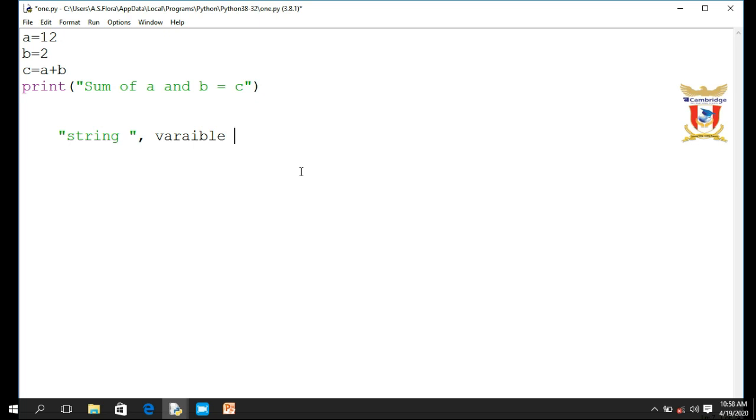If you want to continue and write some string after that variable, you also have to place a comma there. So you place a comma in between: string, then comma, then variable name, then comma, and then string, and so on, if you want to continue with the same.